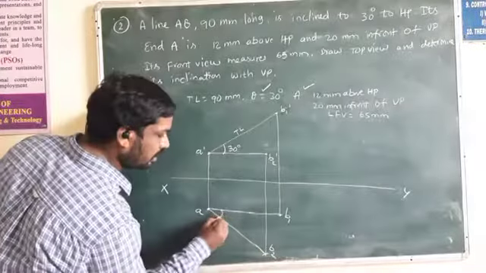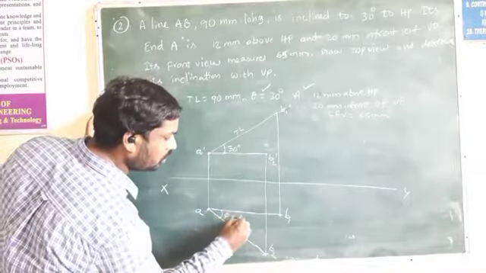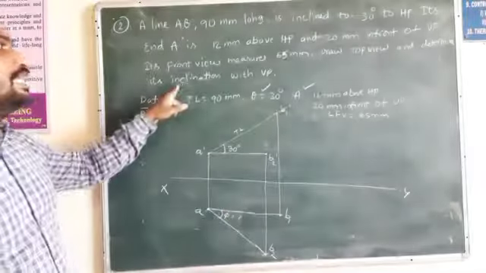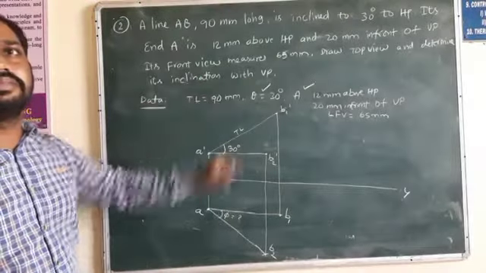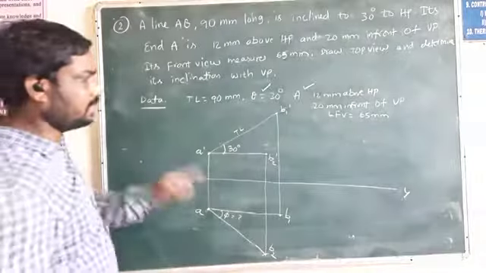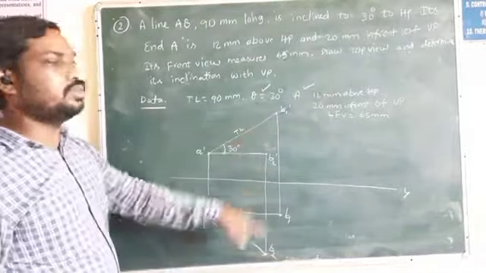Scale. This is an angle phi. You have to find out this phi because it determines its inclination with the vertical plane. Okay, now it is completed. Next one: we are having the ending points of the two lines.